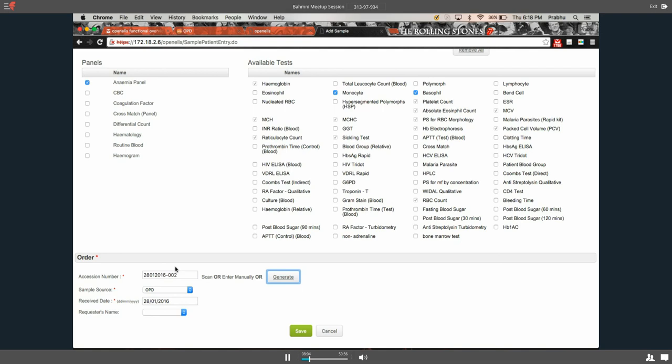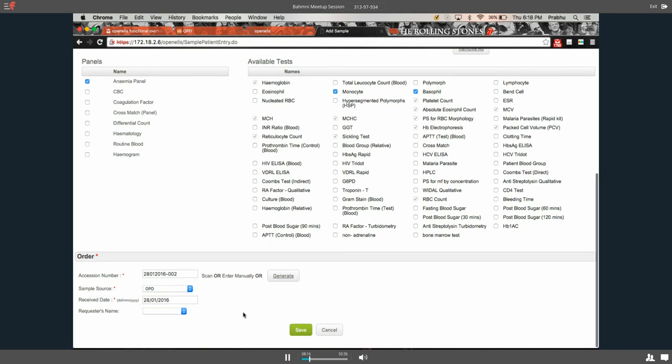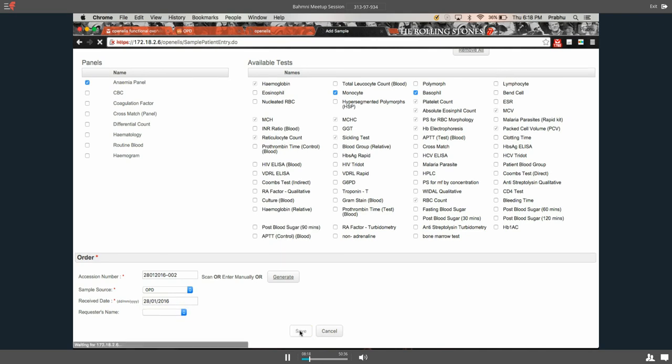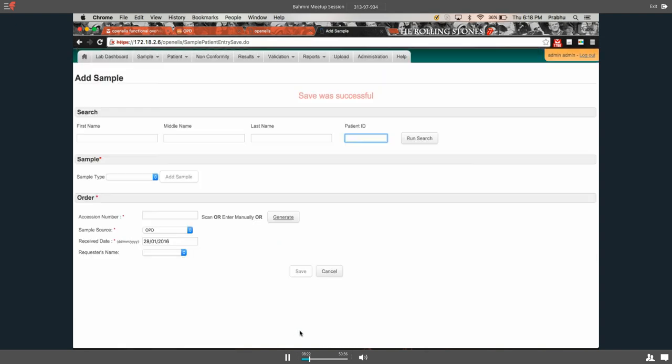Now there is other information like where the sample has been collected, or the date that the sample was received. I can also enter the name of the doctor or the provider that has requested this test, and then I save this information. Once I save this information, I see that the save was successful. Now, if I go back to my lab dashboard,